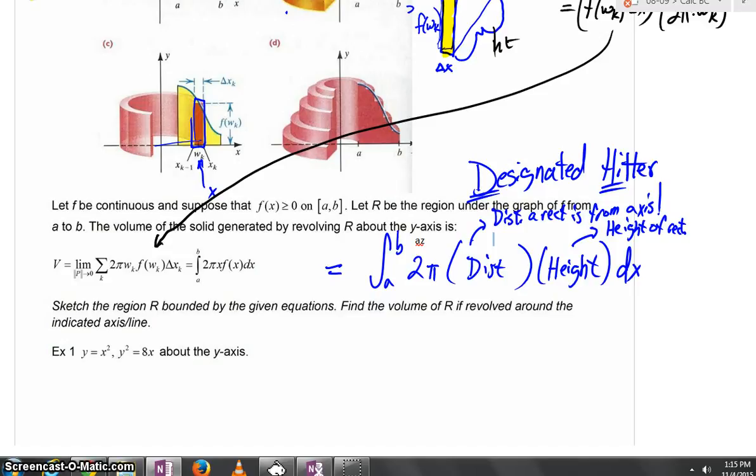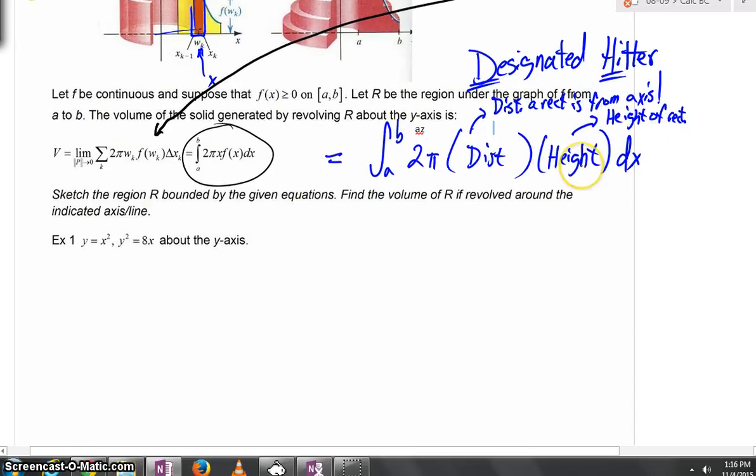And guys, if you work that out, you're going to find the volume of that rectangular prism, like we just said up above. Add up a whole bunch of them, an infinite number of them, in fact, and you will have your volume of revolution. So even though our author doesn't use that distance and height, I really think it's a super important, helpful way to see the problem. Quite honestly, if we don't think of it this way, later problems become very confusing. So even though what I'm circling right here is what the author has said, I think that this alternate form with the D and the H is